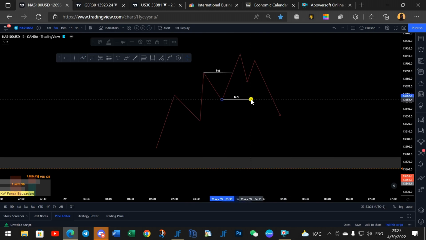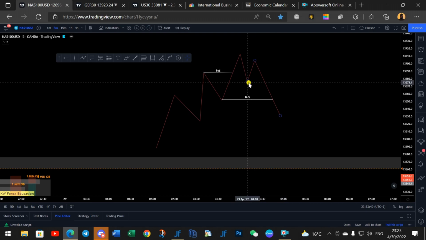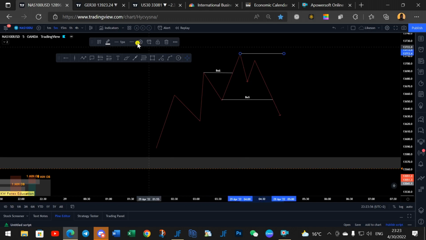So the break of structure would happen if this is broken, right? But now here, this is going to be the break of structure. This is just the change of character. It was just changing character as it was still in this zone. So you'd find that I would use this info line to mark that one, it depends which diagram I'm using. I can label that one as my